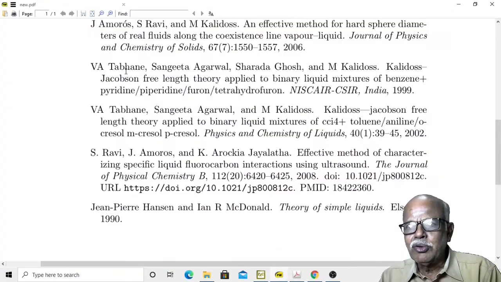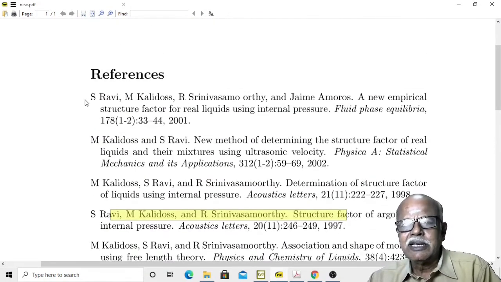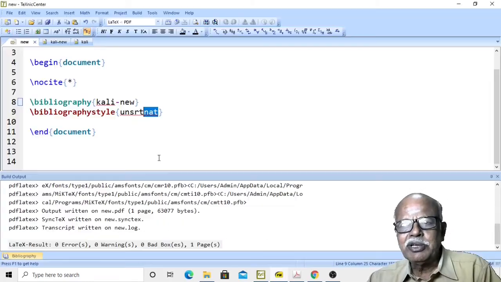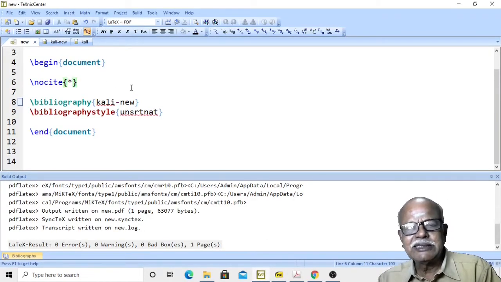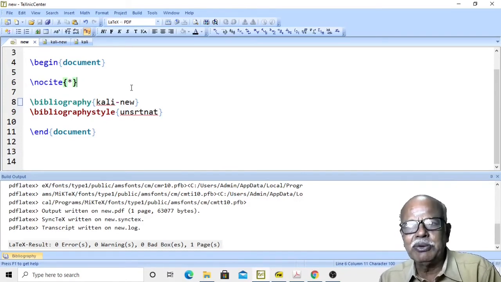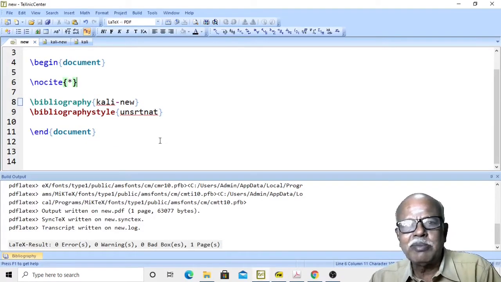You will get this as a list. Remember the numbers are now gone. You have got only the items arranged according to author names. Suppose you give here, instead of cite t, you can say cite t or cite p, which I have explained in the previous video. Then this will be available in author-year format automatically.